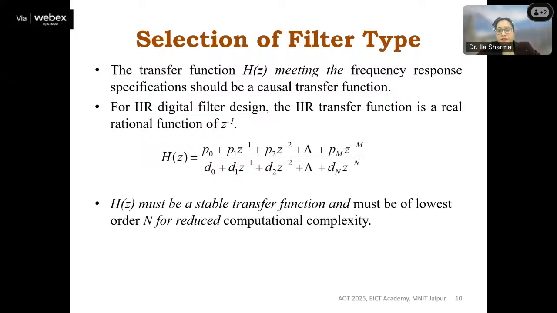So selection of the filter type totally depends on the application's requirement, because if we are using an IIR filter, we need to provide some aid to make it stable. We need to provide some aid to make the phase of the system linear. So generally, combining with the all-pass filter, the IIR filters are mostly made stable and a phase nullifier.